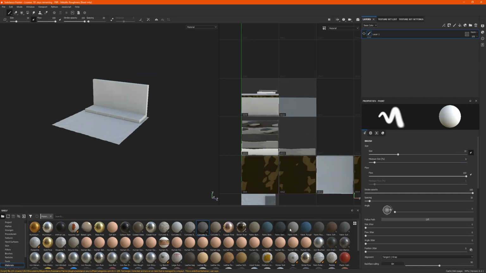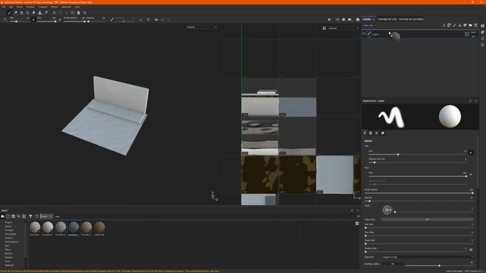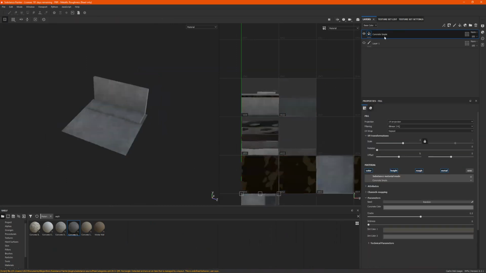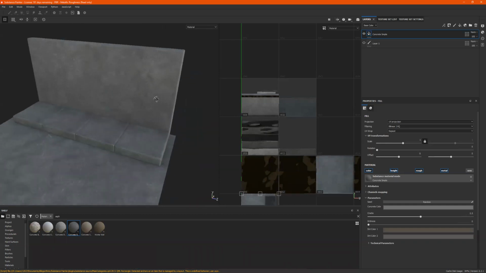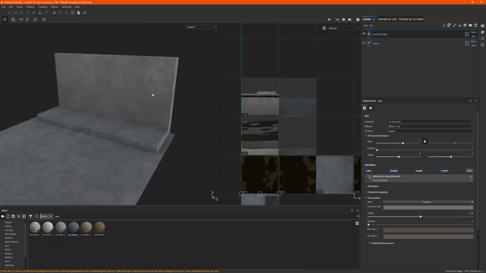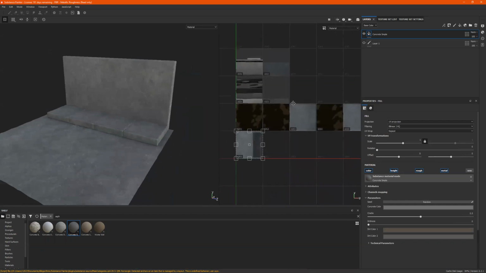All right. So if I go here and I add a, let's say for the ground, I want asphalt, ASPH. I'll just take this. So if I take this, drag it onto here, it's applied the texture to everything. If I just want the texture on, let's just say the ground,